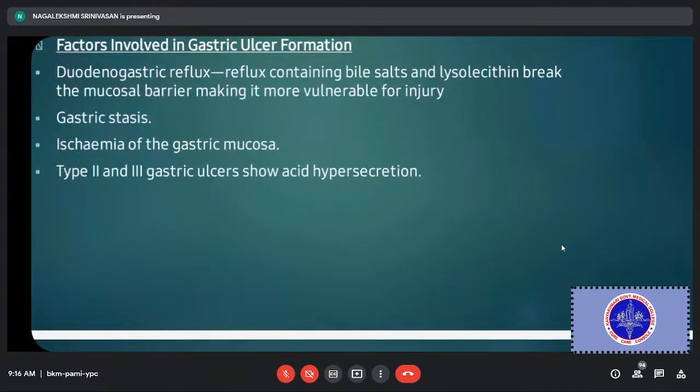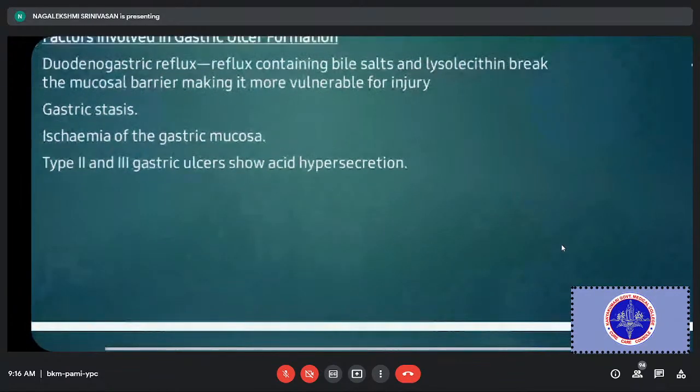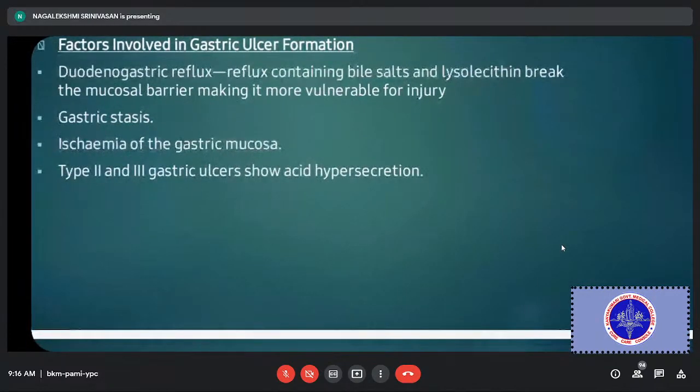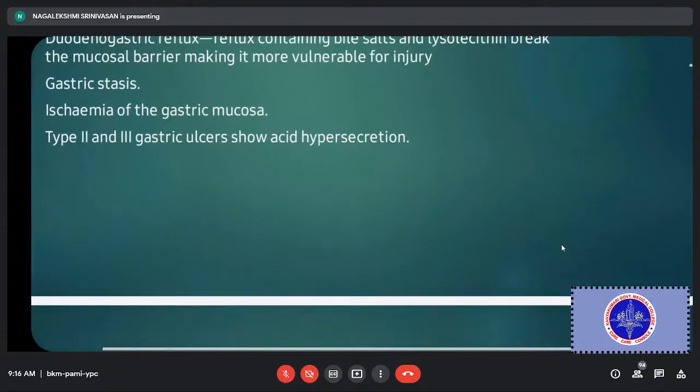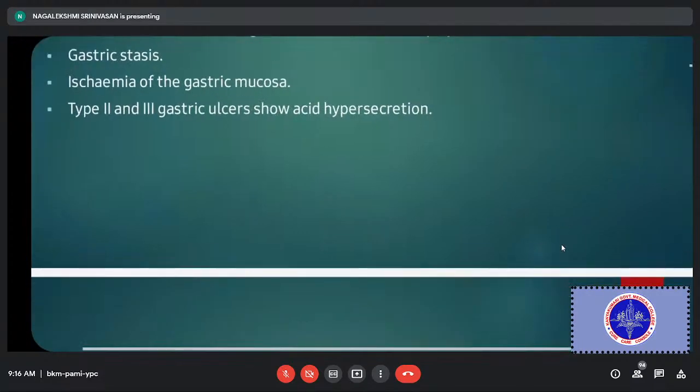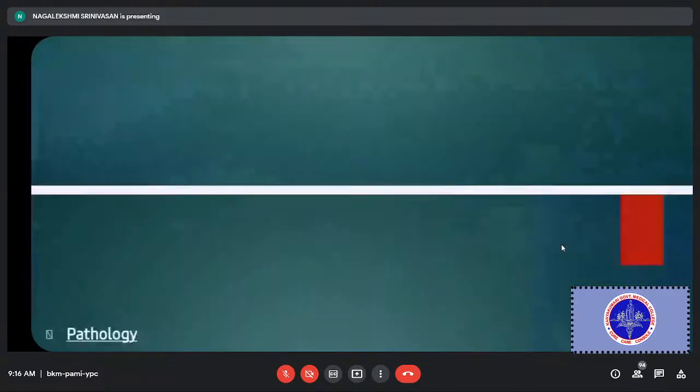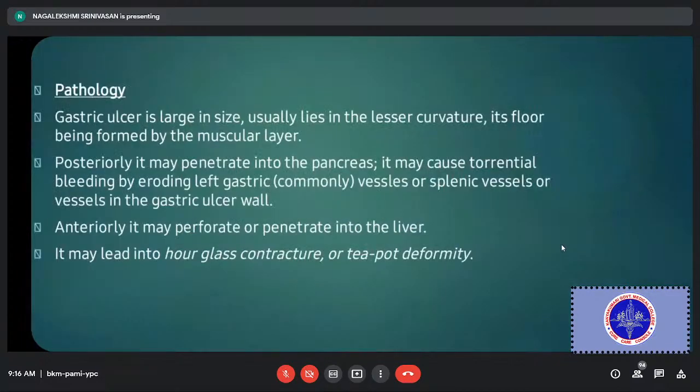Type 2 and type 3 gastric ulcers show acid hypersecretion. I will show you the slide later. There are 4 types of gastric ulcer, type 1, 2, 3, 4. Among these, types 2 and 3 have excess gastric acid, and because of that, I'll show you the slide later. And regarding the pathology, a gastric ulcer is usually large in size, lies in the lesser curvature, and its floor is being formed by